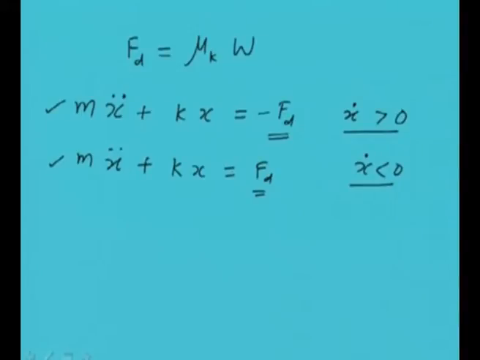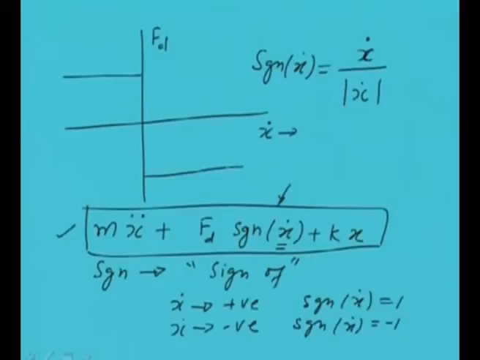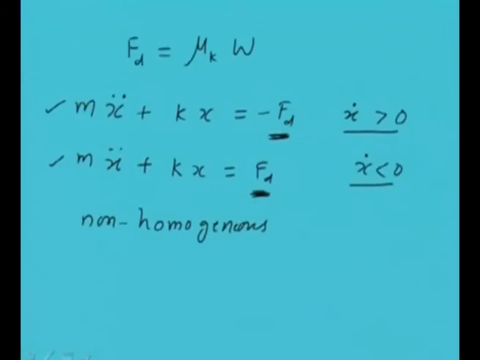If we see carefully, this particular equation is as such not homogeneous. They are non-homogeneous equations, because we have these constant terms here, which make them non-homogeneous, but these terms are constant. This friction force, we already saw in the previous plot, remains constant. So this is some kind of static force. So still we can analyze these equations as a free vibration case, because the forces are static in nature.